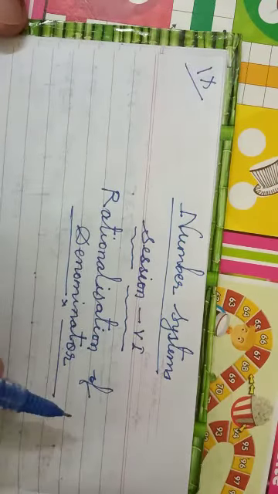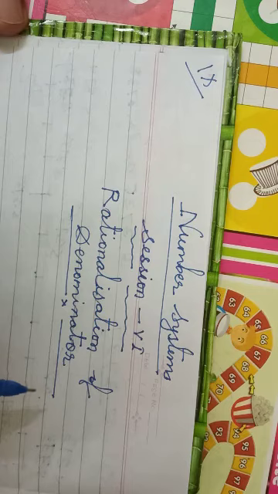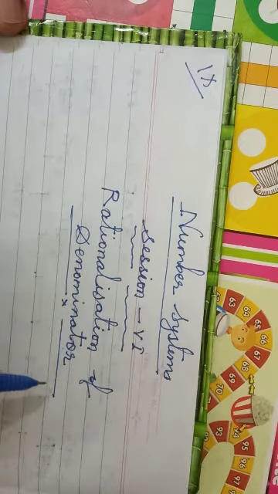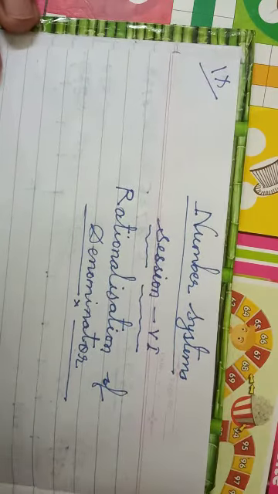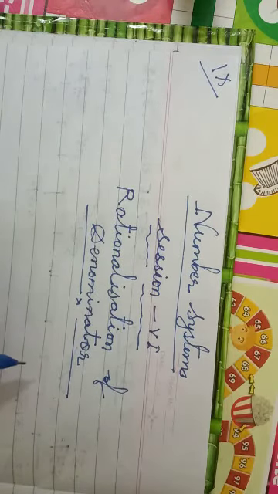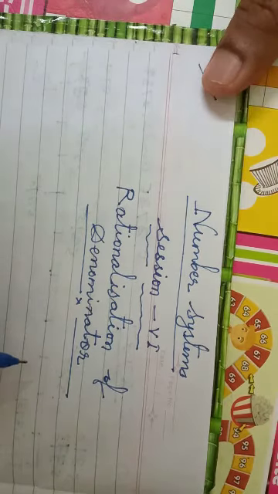It is our session 6 of number system. In this session we have to study about rationalization of denominators. Before we study the rationalization of denominators, we should know some irrational numbers which come